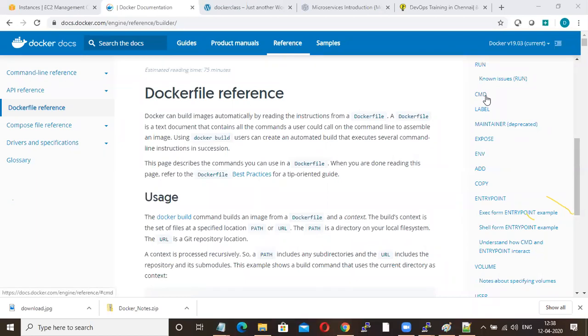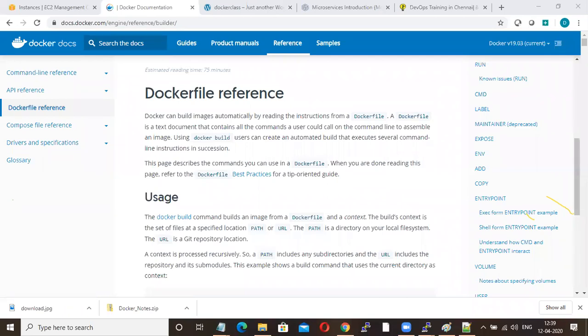If you are not able to get the answer, I will show you in real time if you need it. Okay, I'll show you what the difference is. But still, don't miss this interview question. This is the most widely used interview question. CMD and ENTRYPOINT. Then what is the difference between ADD versus COPY? Then ARG versus ENV. All these are keywords which we will use in the Docker file. Already I have shown you something. Still, just get the answer for this and tell me.